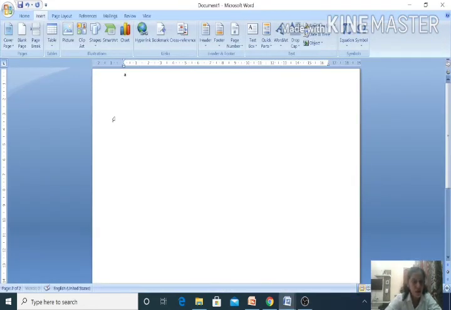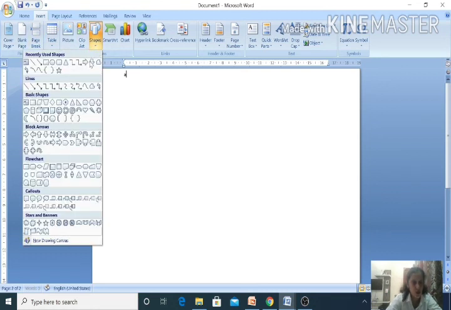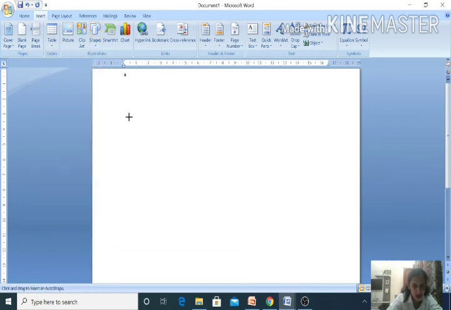Same way, if you want to insert any kind of drawing object, like you want to draw a hut, anything you want to draw in MS Word, how to draw this, you have different options of line you can use. You have a triangle also. If you want to draw a hut, how to do that also can be done. You can see here we have a triangle also. Simply I'll insert a triangle here.